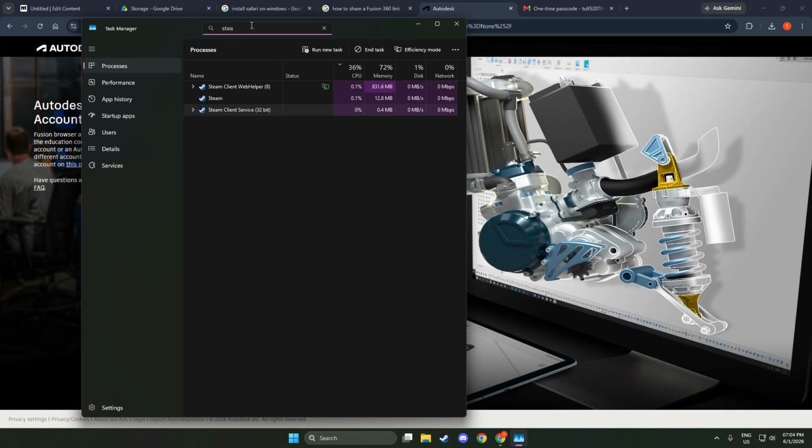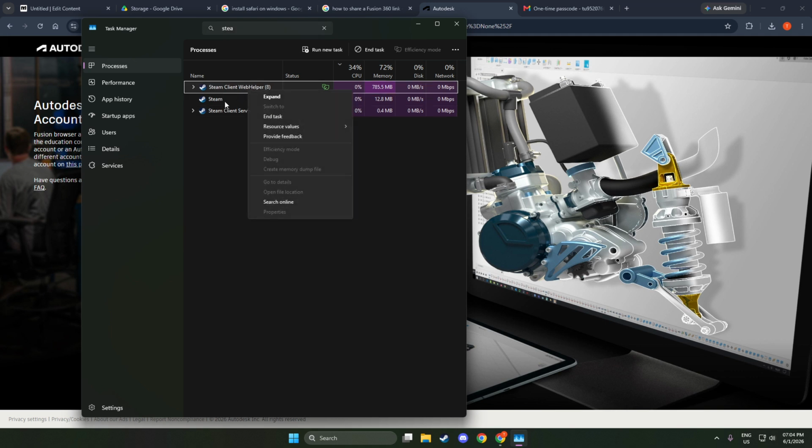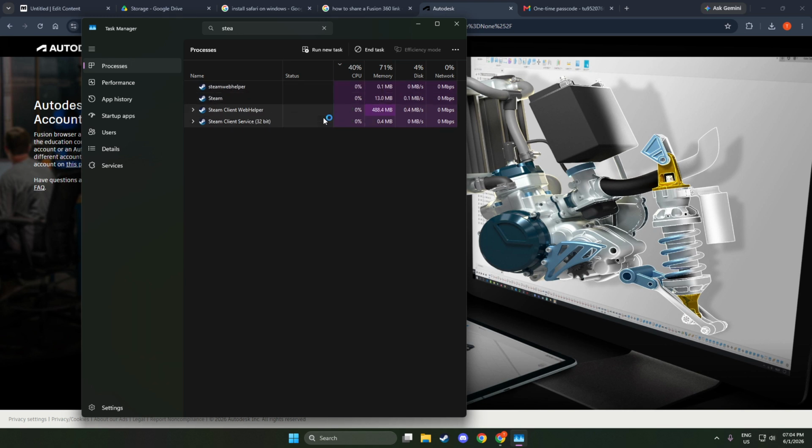Now, end any Steam.exe processes that are still active. In the Processes tab, look for entries like Steam, Steam.exe, or Steam Client Bootstrapper. Select each one and click End Task. If you're prompted to confirm, go ahead. Be methodical here. End every Steam-related entry you can find so nothing is left behind to interfere with a fresh launch. Avoid ending other programs you're using, especially anything with unsaved work. When you're done, you shouldn't see Steam anywhere in the list.